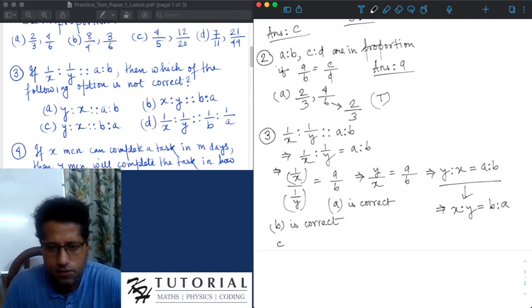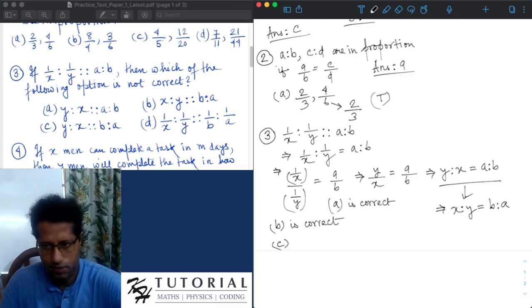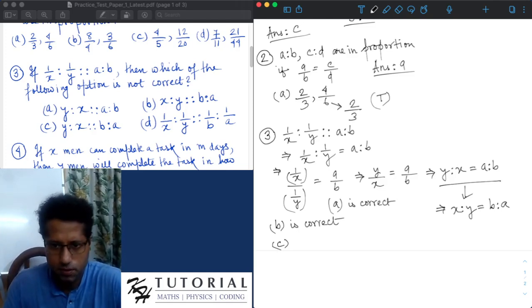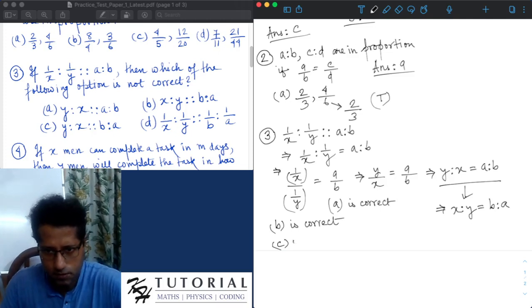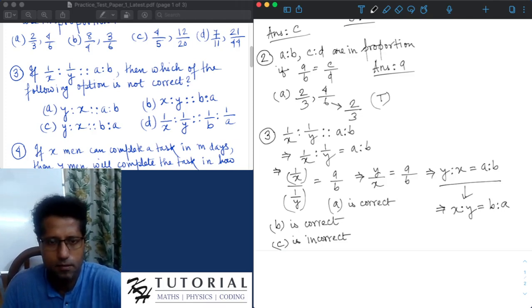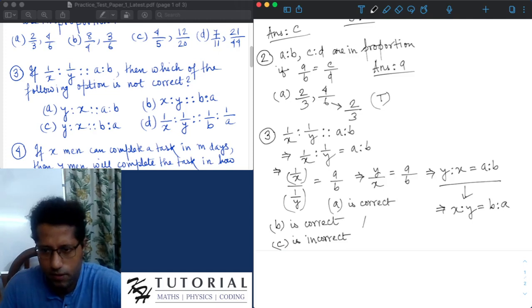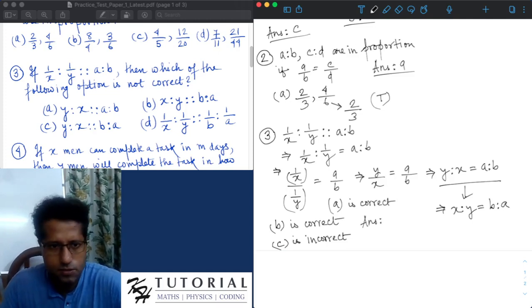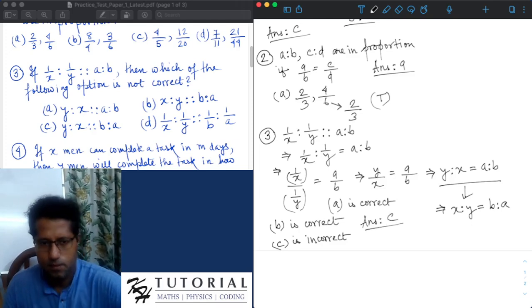Okay, so choice C is saying y is to x is in proportion with b is to a. But we have already found that y is to x equals a is to b, not b is to a. So this is incorrect. I will not check choice D further, since only one choice is to be selected. So definitely the answer is C, because C is not correct. Okay,